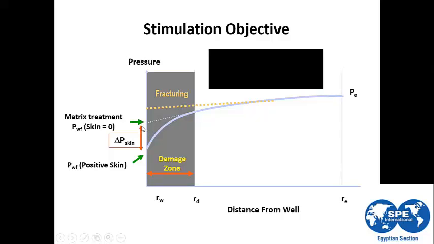So the pressure without skin, if we assume 0 skin, will be at this point. For the stimulation after fracturing, we have negative skin. This means that the point of intersection between the line of the reservoir and the pressure will be above the original, or assumed 0 skin value, which is the original rock deliverability without any damage. This explains how fracturing or stimulation can reduce the drawdown and improve the well deliverability to the wellbore.